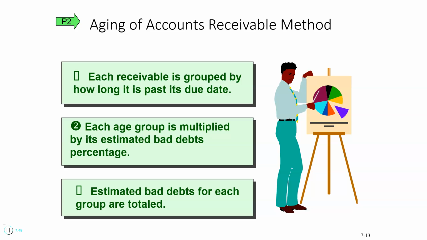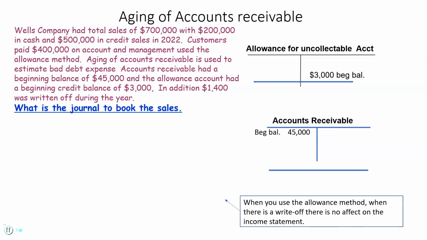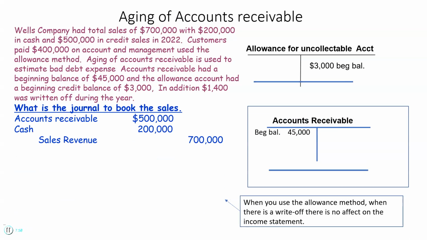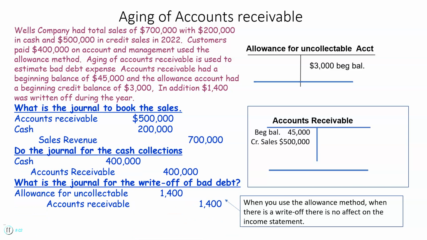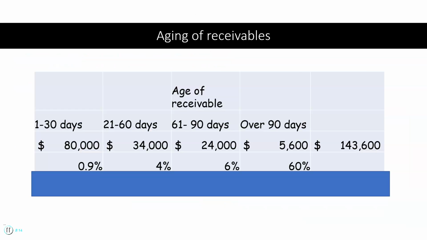Now let's take the same example, but use the aging of accounts receivable method. So we've done our journal entry for our sales, and we've written off our bad debt. Now we can do our estimate based on aging of accounts receivable. So here's what we have. Of the